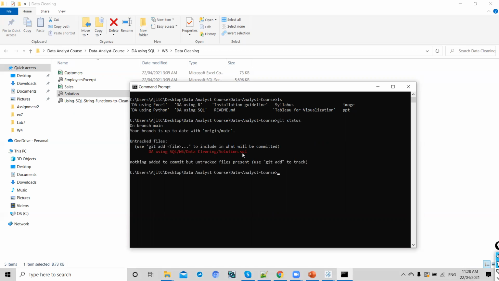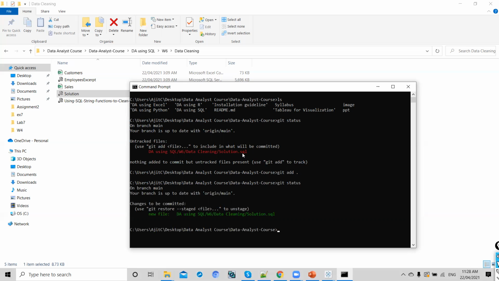If you need to add this in your git, what we need to do is git add and that file name. First we check git status, which shows that file. Then if you do git add dot, that means add everything. That will add your file. Now if you look at git status again, your file will be in green. Once you do git add,